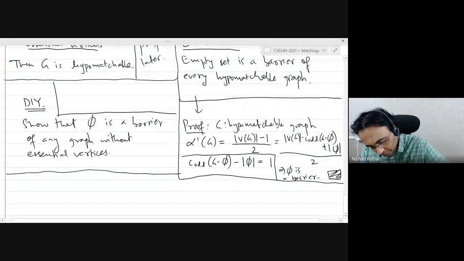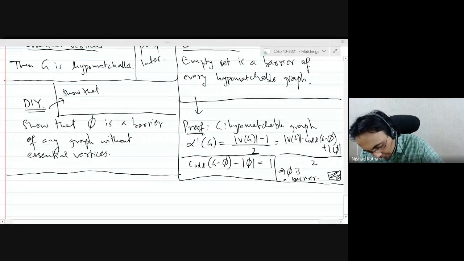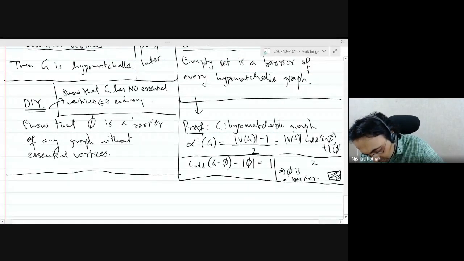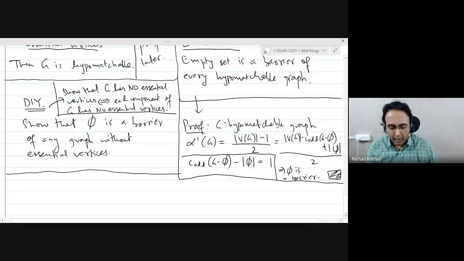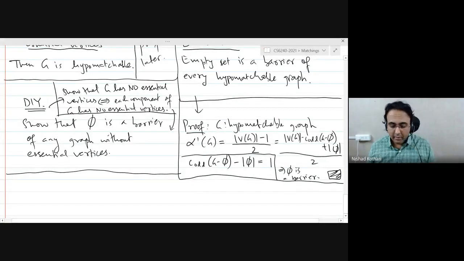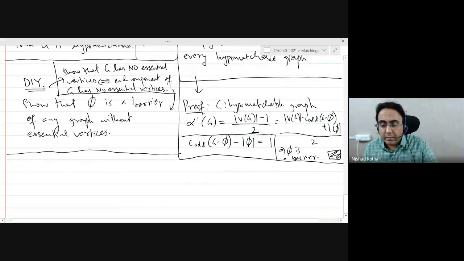So show that G has no essential vertices if and only if each component of G has no essential vertices. And then you can argue easily that the empty set is a barrier of the graph G.